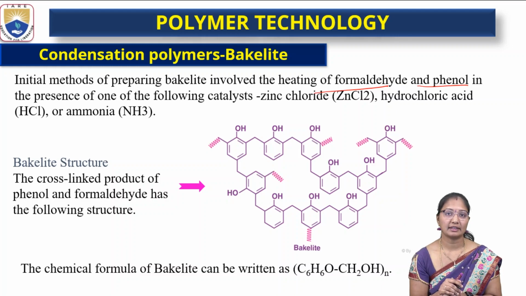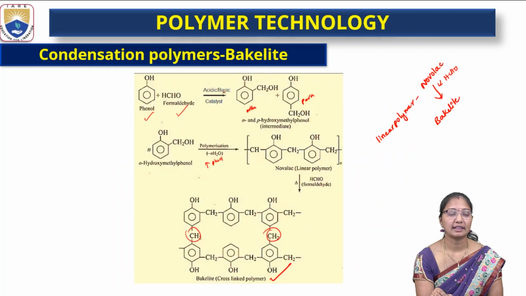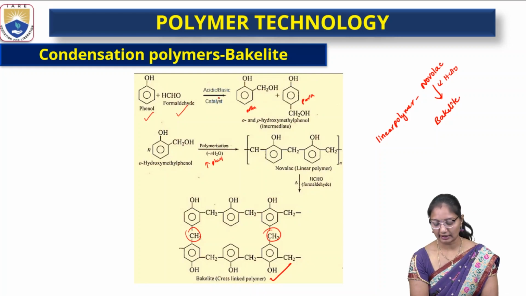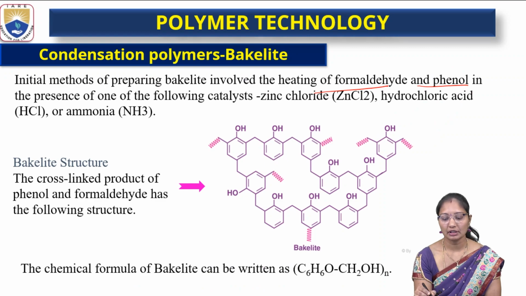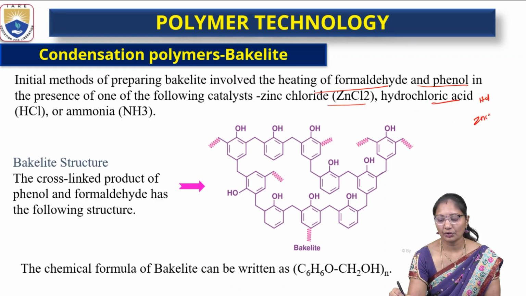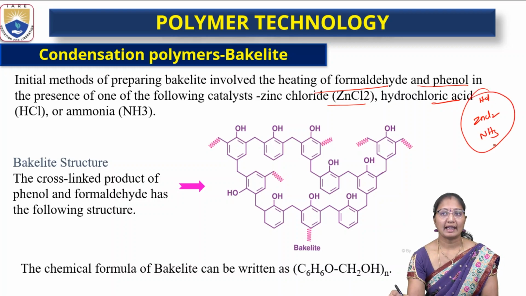of the acid catalyst. So here we are discussing acid catalyst. So what are those acid catalysts? It may be hydrochloric acid, ammonia or zinc chloride. So the mineral acid HCl, or zinc chloride, or ammonia. So these are the three catalysts, acid or base catalyst. So here HCl is an acid catalyst and ammonia is a base catalyst, which we are using to initiate or to activate the reaction.